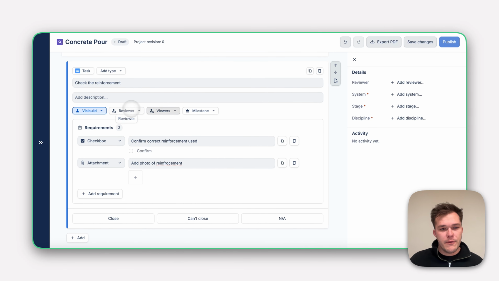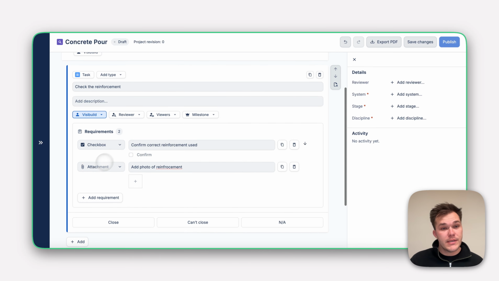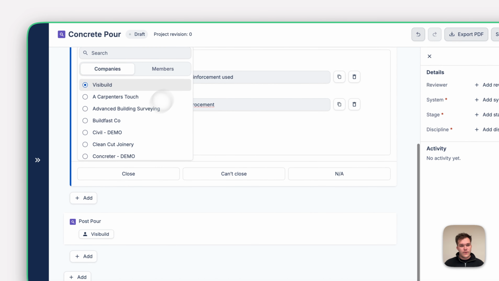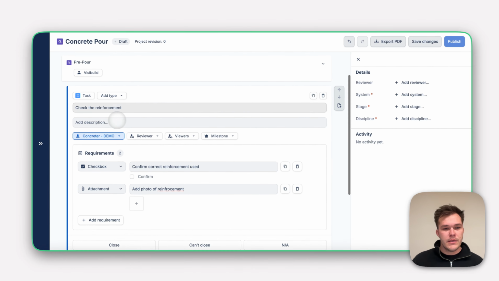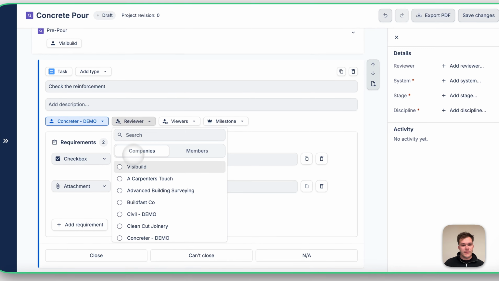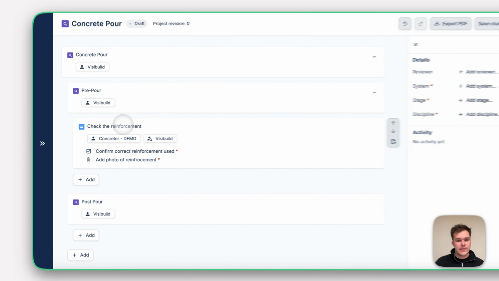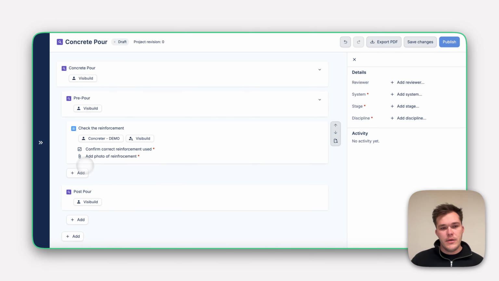In terms of what the reviewer and viewer functions mean, reviewer means that when this task is completed, if you wanted someone to review it, you could nominate them as a reviewer. So in this case, I want the concreter to be the assignee. So they're the ones doing the works. And then I want the reviewer to be Visibuild as the builder. So that's how you build out a task within an inspection. You continue through that workflow, building out all of the different tasks that need to sit within each of the